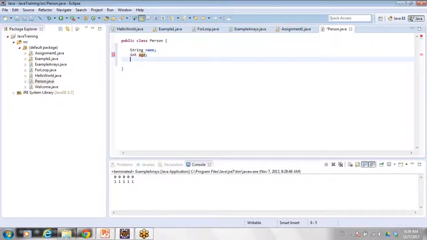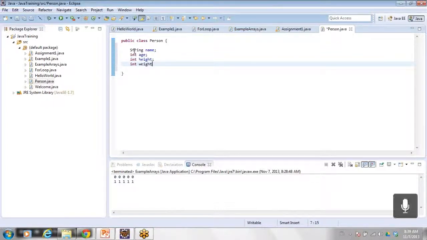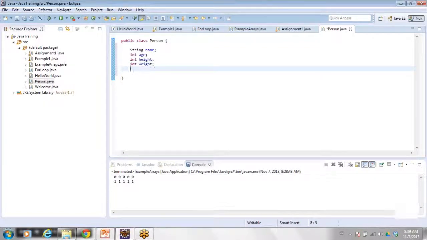So he can have age, height, weight. Based on our need we can define all of them; there might be hundreds of parameters if you wanted to represent a person. So based on our need we can represent the attributes.